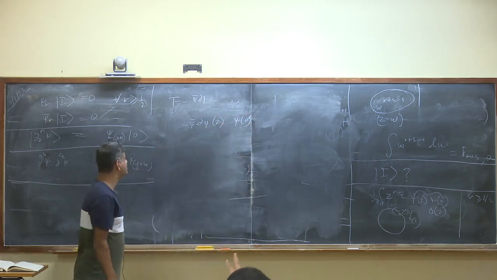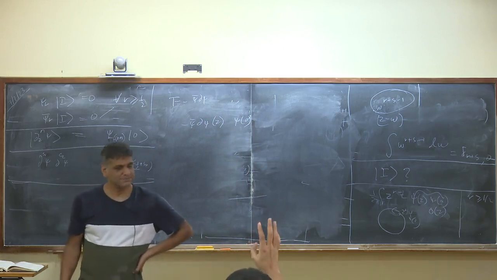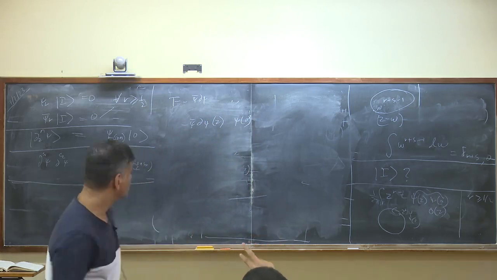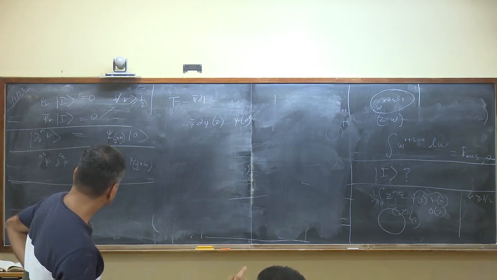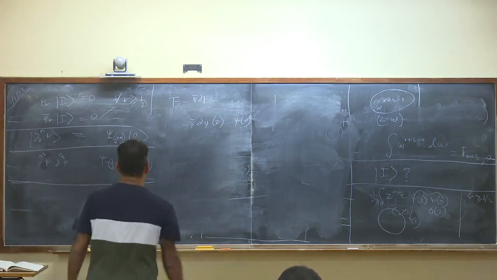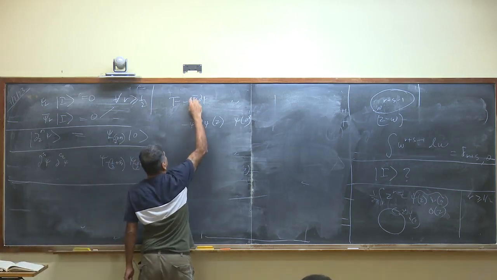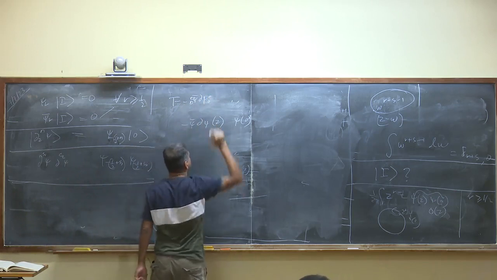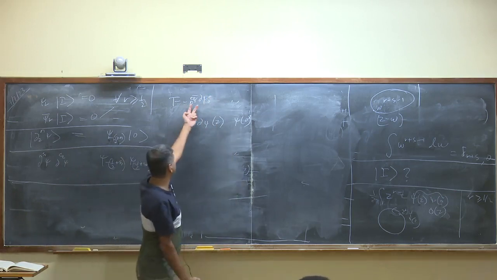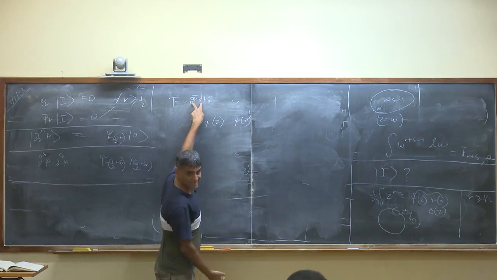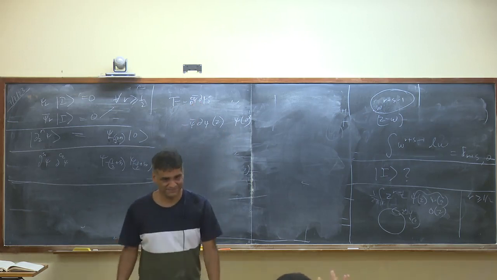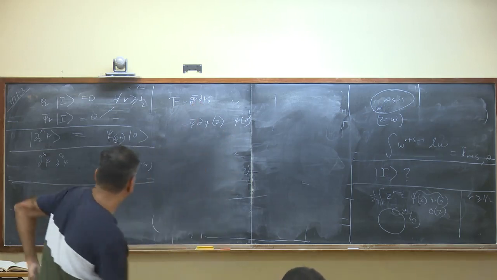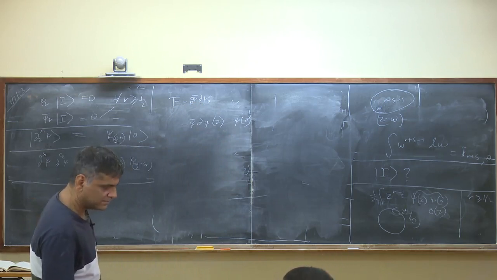So we will get this expression by varying the action with respect to the metric. And after that, when we define this T, we have to do a normal ordering. Always, I haven't written it, but always all my expressions like this are normal ordered, which means that when you do Wick contractions, you don't contract between this and this. You contract between everything else. So this recipe, given an action, varied with respect to the metric,